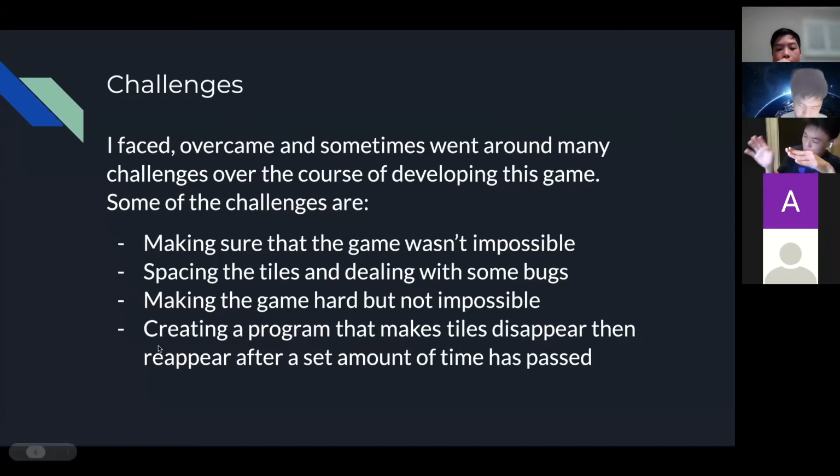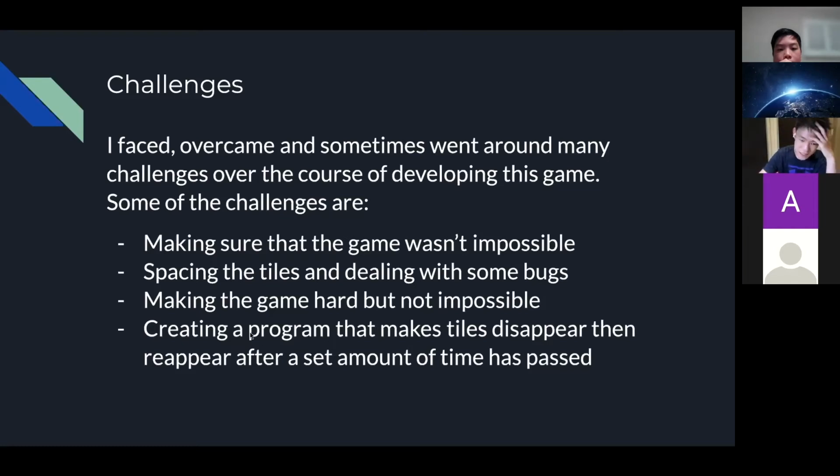I created a program to make tiles disappear and then reappear after a certain amount of time has passed. Without this program, the game itself is really easy, decently easy.